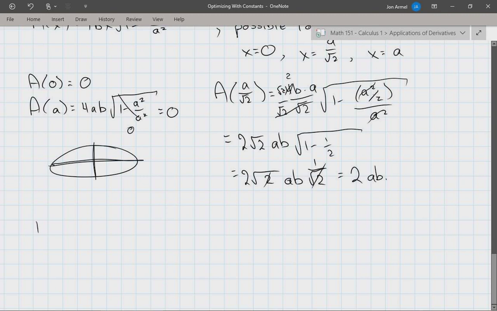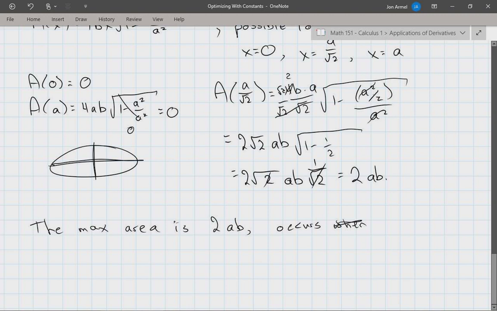So the max area is 2ab. And that's the answer to the question. The question is actually, what's the maximum area? But it occurs